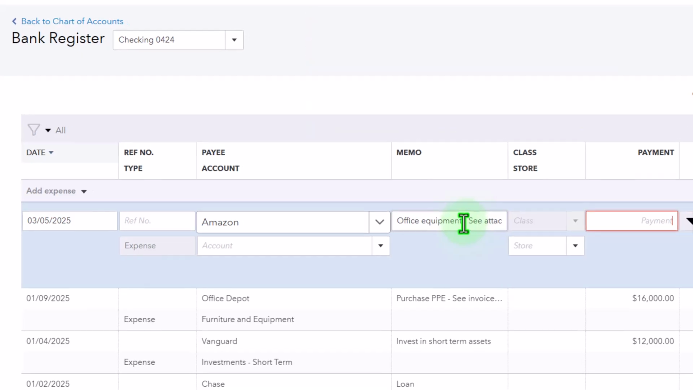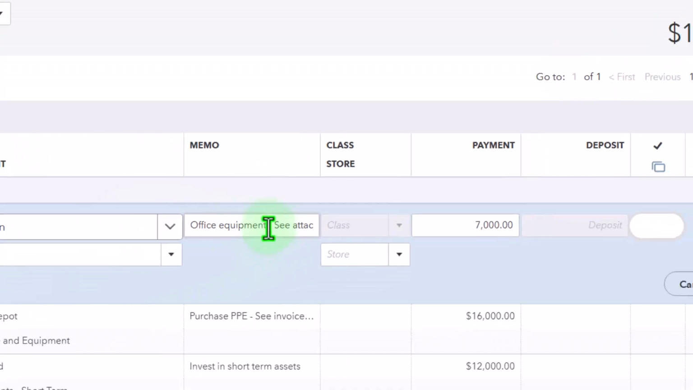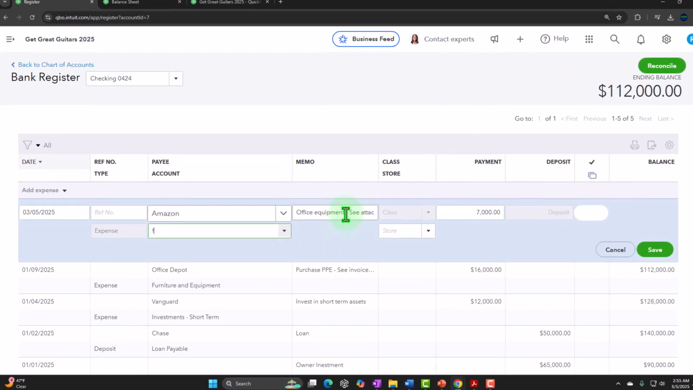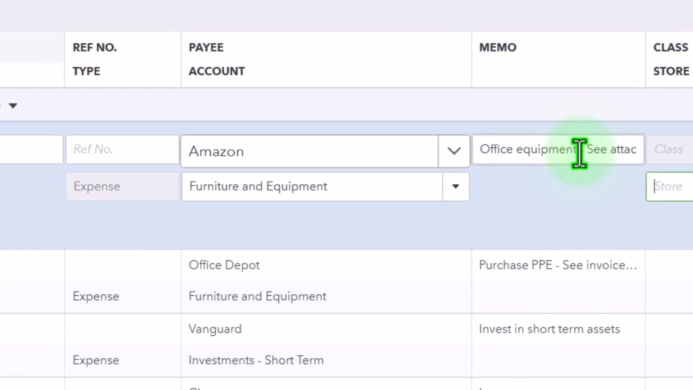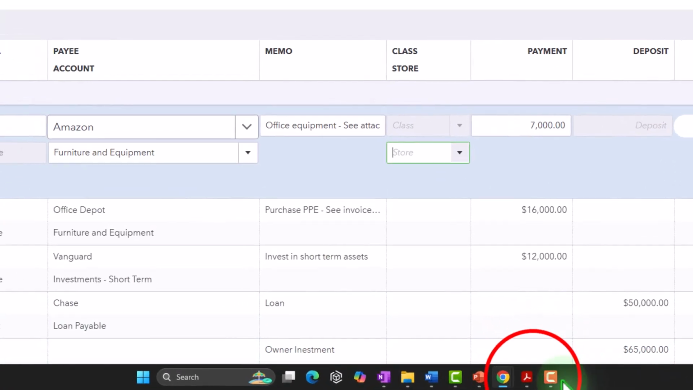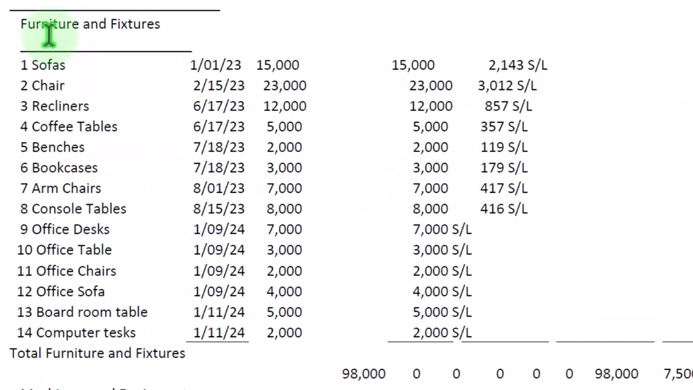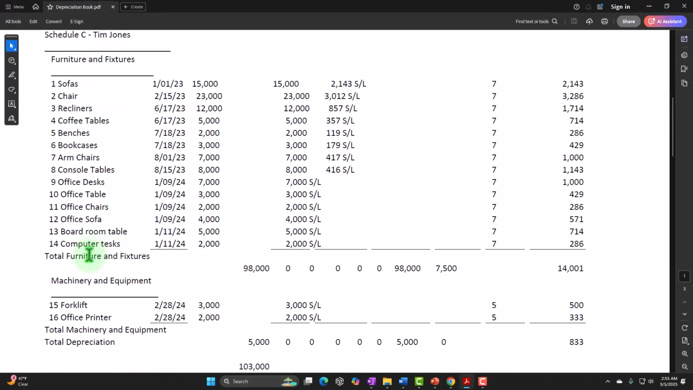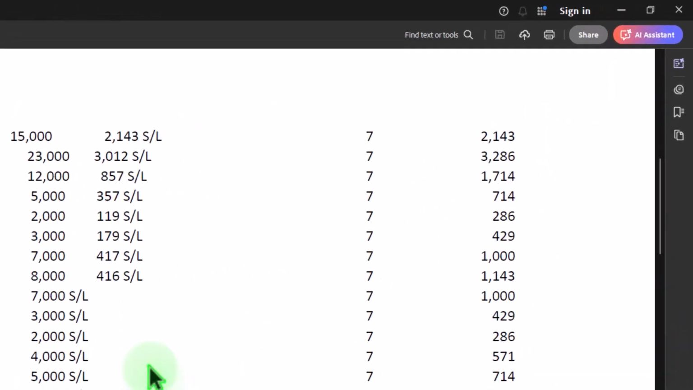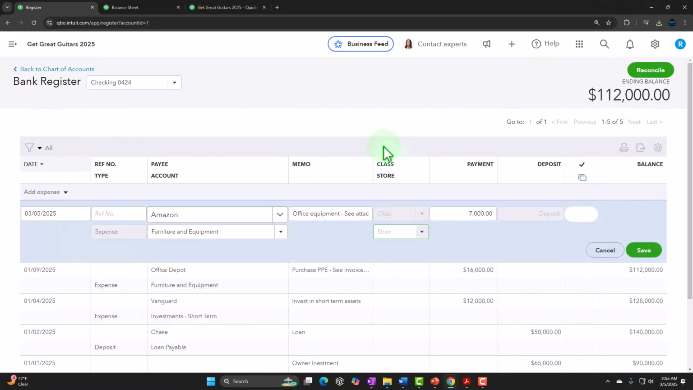And then we're going to say this was 7,000, let's say. And the other side, I'm just going to put it into furniture and equipment again. Now notice furniture and equipment is not the actual categorization on this subledger. Furniture and fixtures and machinery and equipment. So I'm going to keep it there for now, but later I'm going to fix that. I'm going to try to fix it to tie it out to what's on the subledger exactly to make it